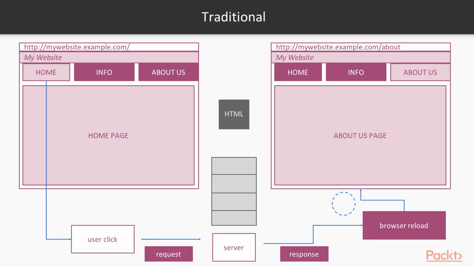A single-page application (SPA) is a web app in which the majority of interactions are handled on the client without the need to reach a server, with the goal of providing a more fluid user experience. For example, in a traditional approach, when we click on a navbar link, for example About Us, it will go to the About Us page, a request will be sent to the server, and the server will respond with the HTML and